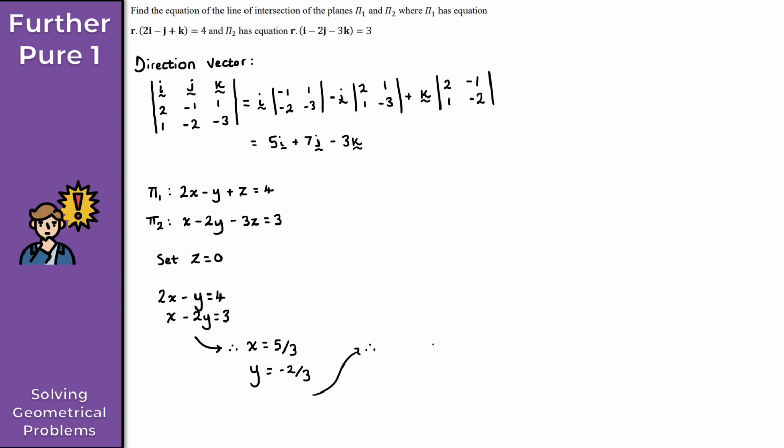So let's just make a note of that here then. So 5 over 3, minus 2 over 3 and 0 lies on the line. Okay, it lies on the line here. But at this point here, then, we now have everything that we need for the equation of the line here. Okay, so to finish with here then, the equation for the line, or the equation of the line of intersection,